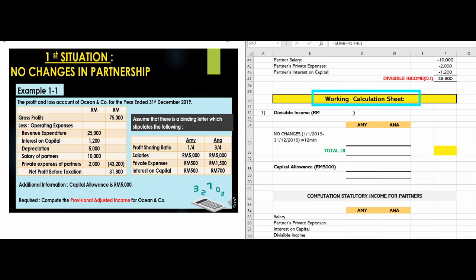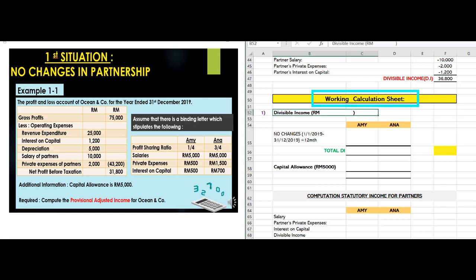I'd be very grateful if you can do a working calculation sheet like this, but actually it depends on your lecturer on how to write it up, as long as you can do the allocation of divisible income. Okay, so let's have a look at the